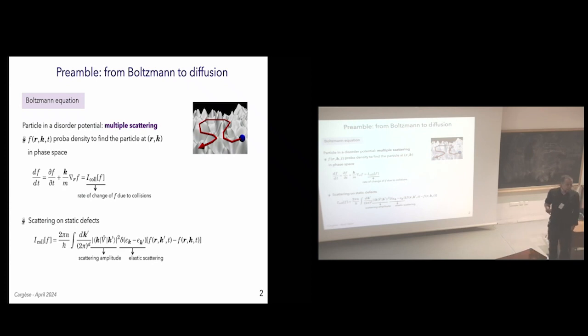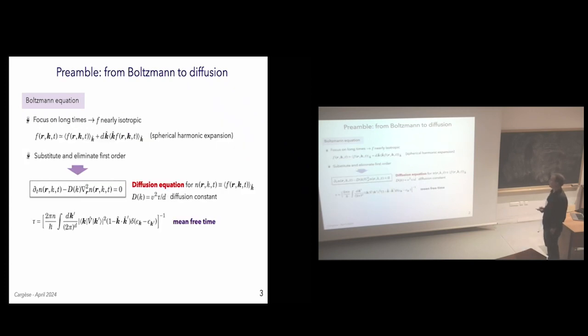So in general, this Boltzmann equation must be solved numerically, and as a matter of fact, many of you probably did it already, because in the context of classical wave scattering, this is just the radiative transfer equation. This must be solved numerically in general, but if we are essentially interested in the limit of long times, then it can be simplified.